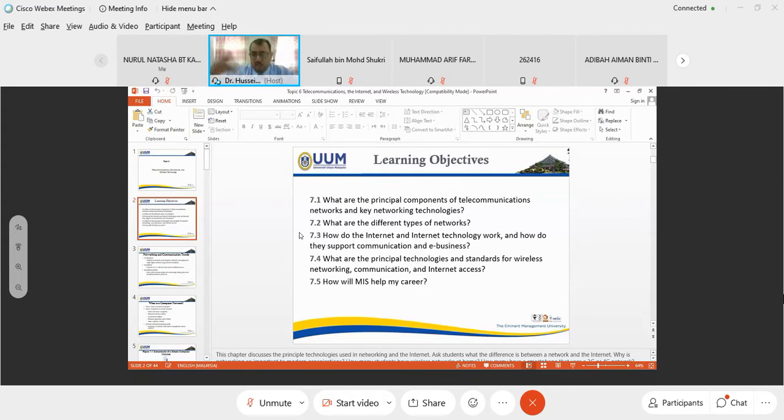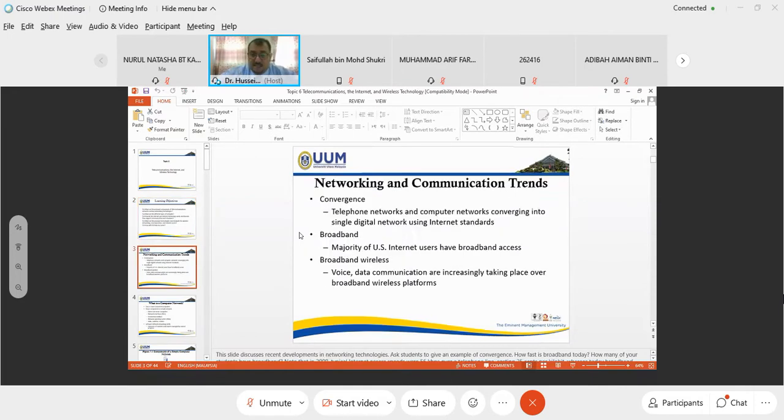In the US, it is a huge place, so wireless and broadband are common.